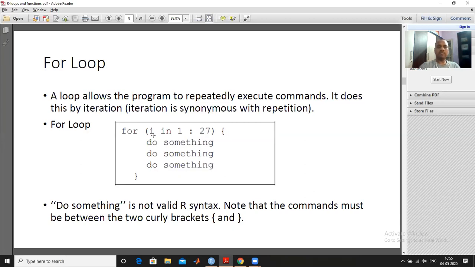You are checking if this i in, which is a predefined keyword in R, belongs to 1 to 27. This is just the syntax to generate a sequence from 1 to 27 in R, meaning if you write 1 colon 27, it will create a sequence from 1 to 27.